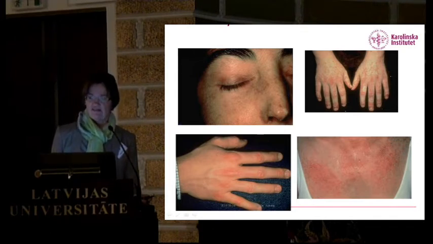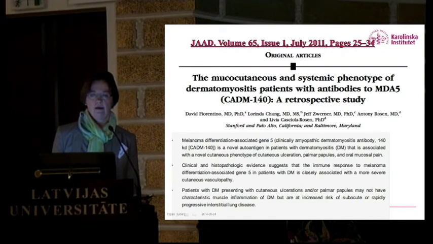However, this can also be true for cutaneous lupus, as we have shown in Sweden. During the last years, there has been emerging knowledge about special autoantibodies in dermatomyositis, and there have been attempts to link special clinical pictures to the autoantibodies. This is not really pinpointed yet, but there are hopes, especially on one autoantibody that I will show you now. And this is the MDA5, the CADM autoantibody,